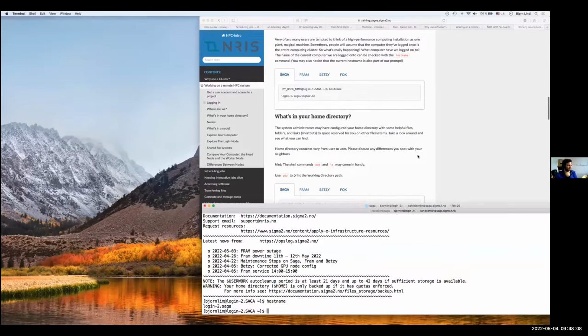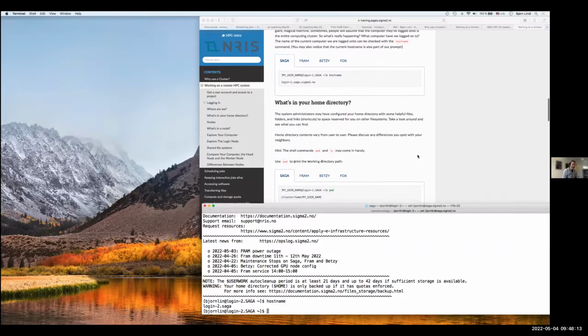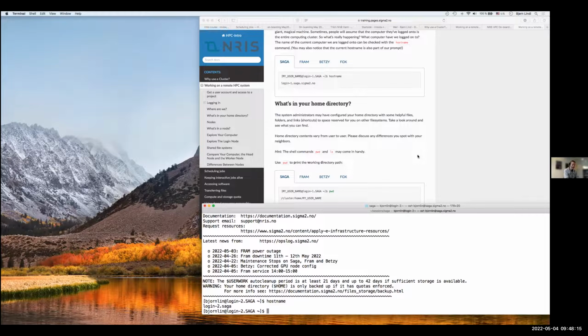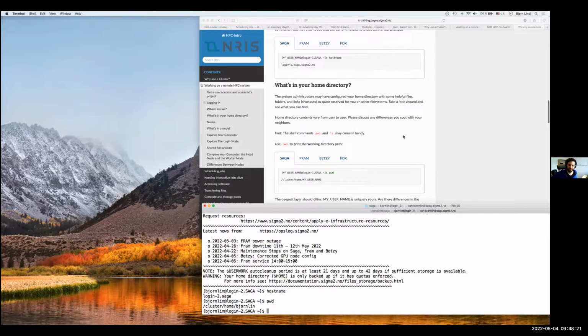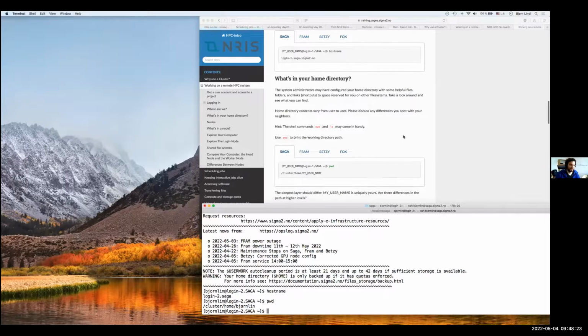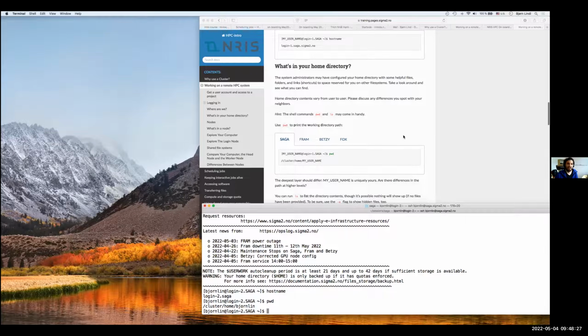It can also be interesting to memorize which login node you are on, because sometimes one of the login nodes is slow because someone made a mistake or there's a hardware problem. Then it's good to know if you want to write a ticket.